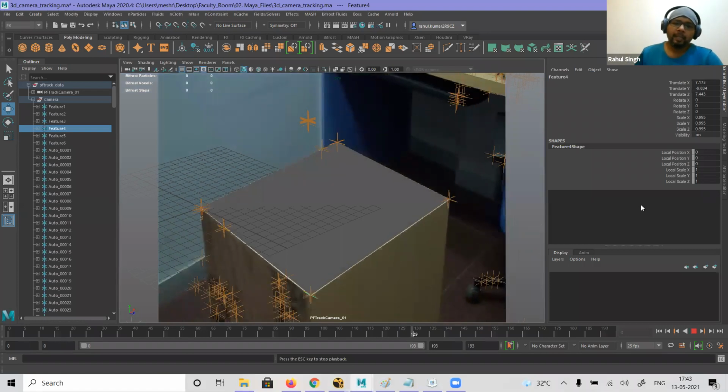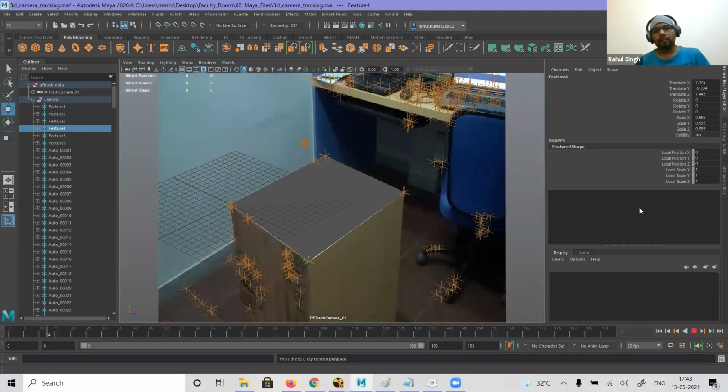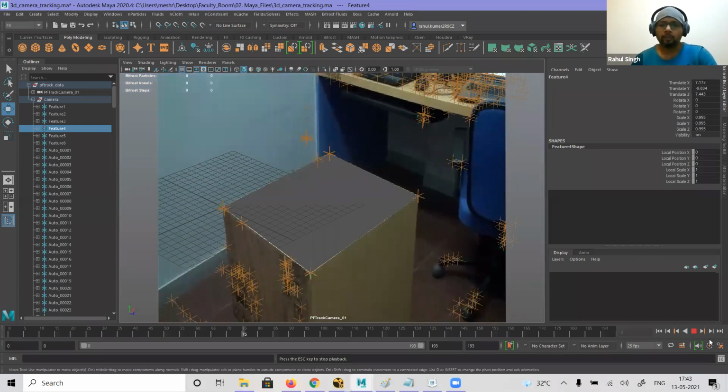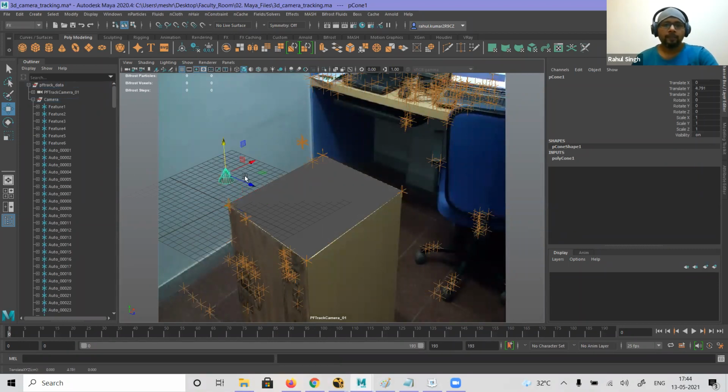So this plane will basically act like a shadow catcher. Whatever object we put on it, it will reflect everything, but it will not render into the final scene because this is not my final object. Okay. So now what I'll do is I'll create one cone, right? I'll create my cone. I'll bring it here and enlarge it. Fine. I'll have to put it here. Now it should look like it is on the plane.